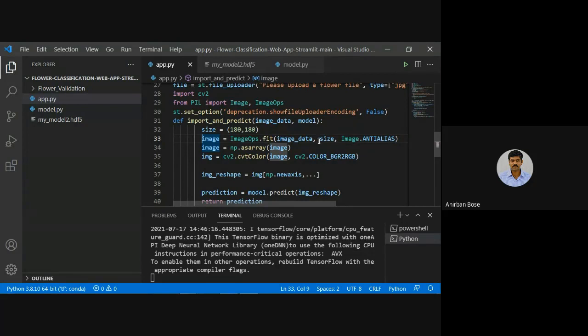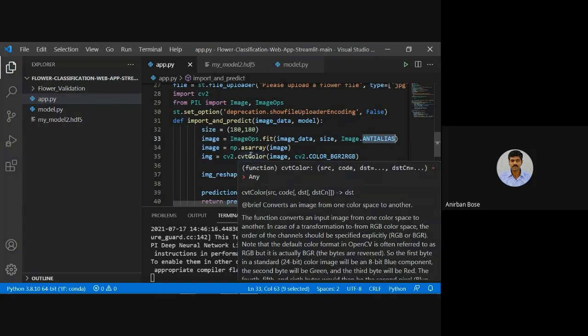The new image that you are trying to predict may be of a different size, right? So we are resizing that image to 180 because we have trained our model with that size, and we want it to be resized. That is why this is done. But in resizing, there is a chance that the aspect ratio might change, so this particular thing takes care of that, so that the aspect ratio of the image is not going to change.